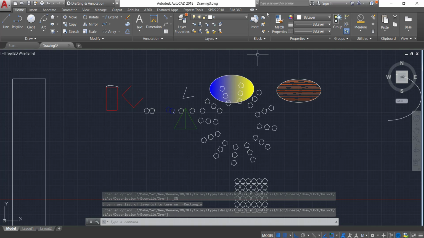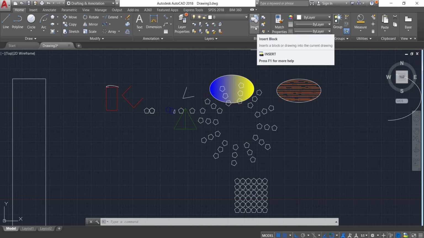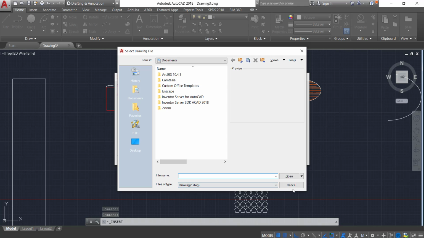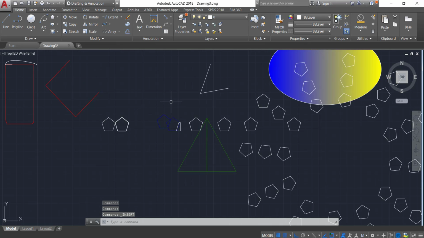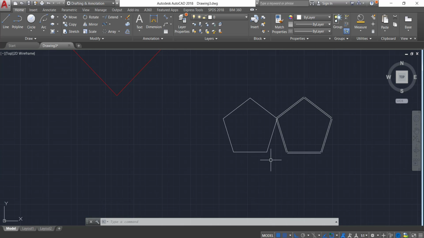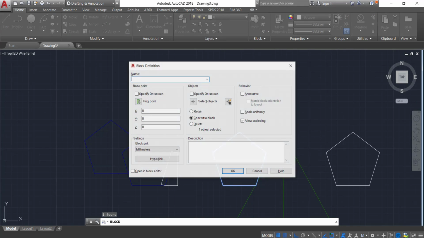Now next is block. If you already have some preloaded blocks in your computer, then you can insert those blocks from the insert tab and select the file location on your computer. Or else you can create the blocks also. For example, if I want to create a block of this pentagon, then select that pentagon and write block, enter.